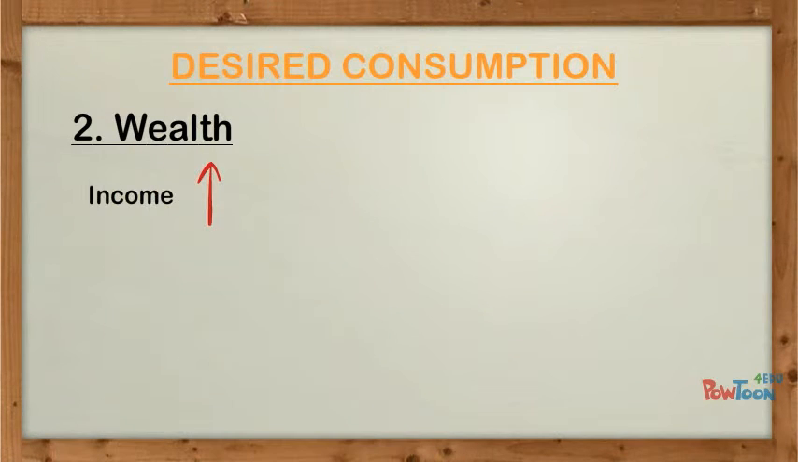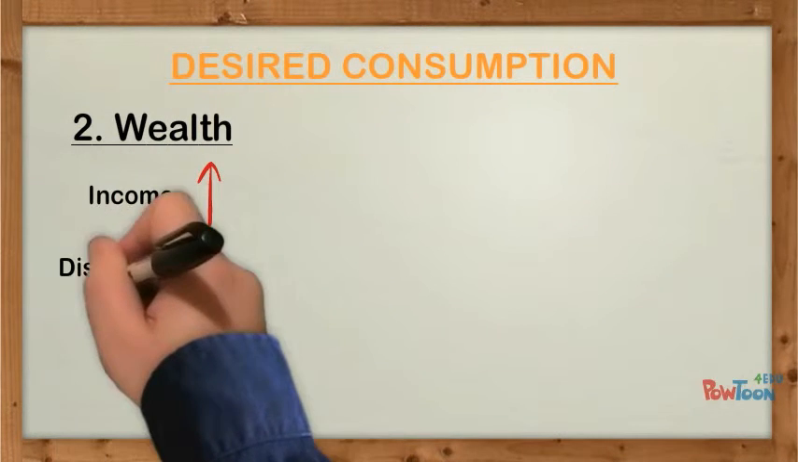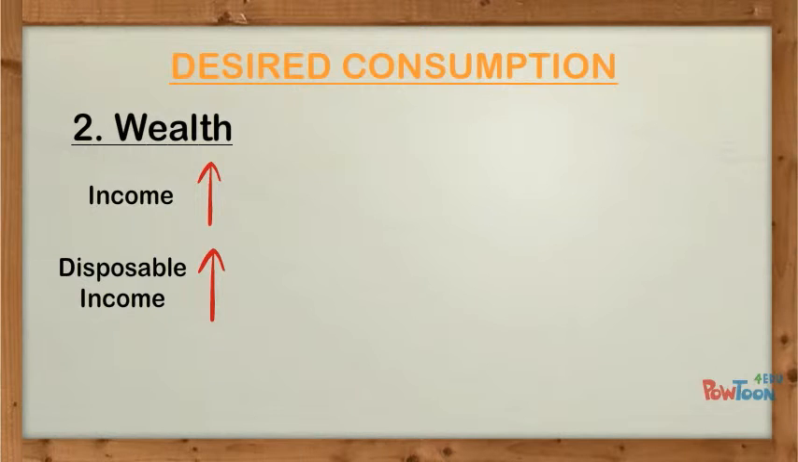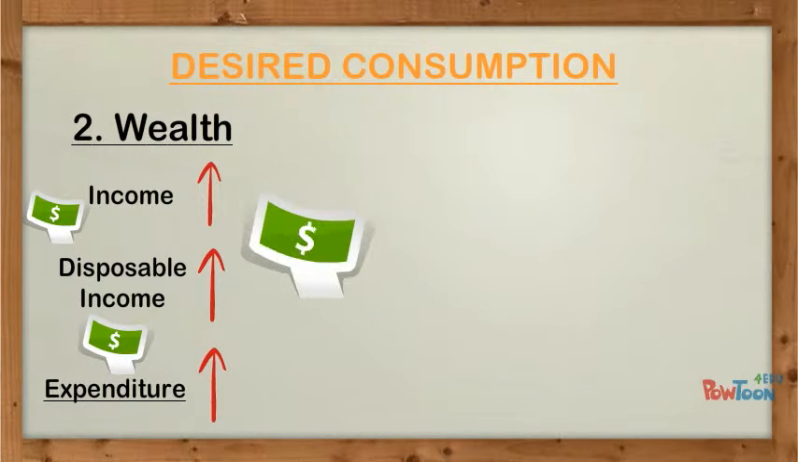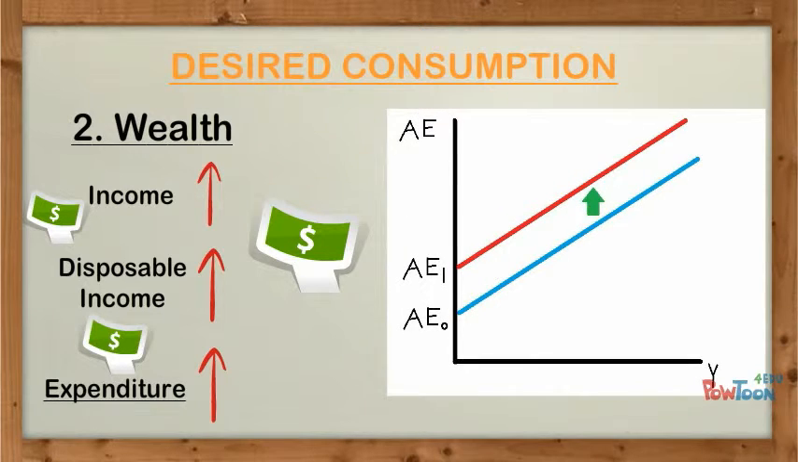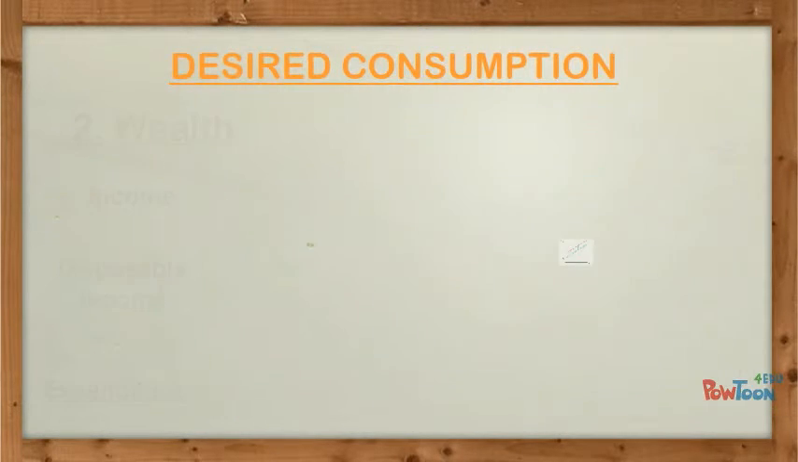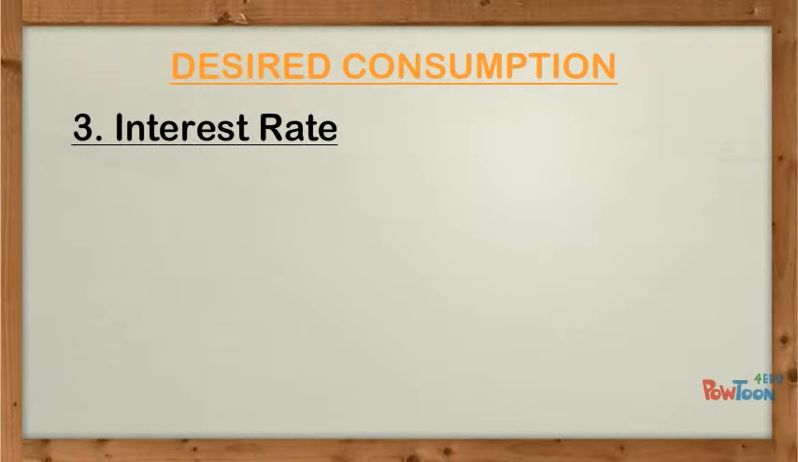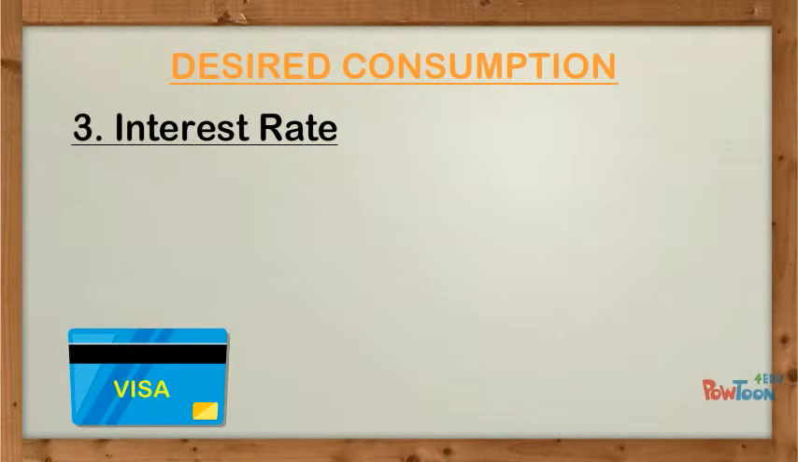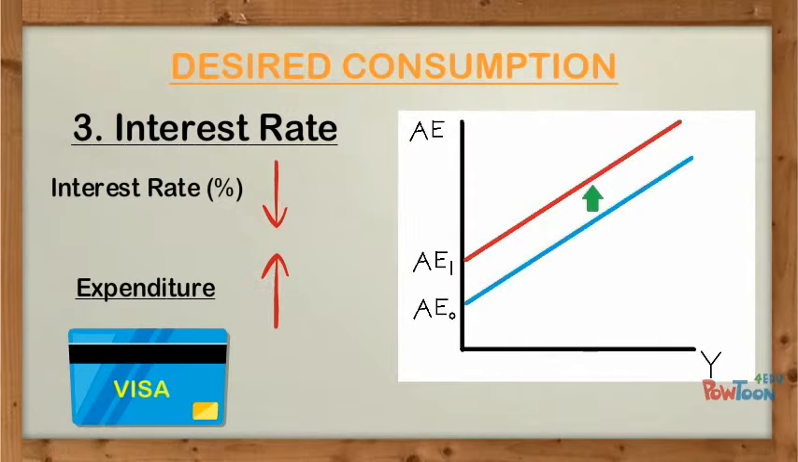Wealth. As income rises, disposable income also rises, and households tend to spend more, now and in the future. An increase in disposable income is equal to an increase in desired consumption. Interest rate. The interest rate is the cost of borrowing money. A fall in the interest rate reduces the cost of borrowing money and generally leads to an increase in desired